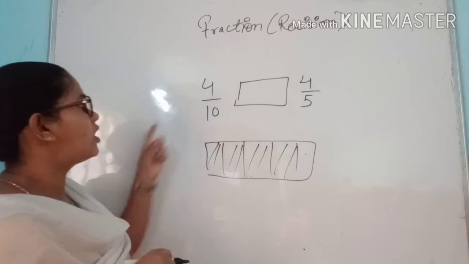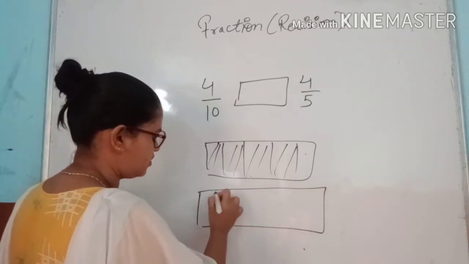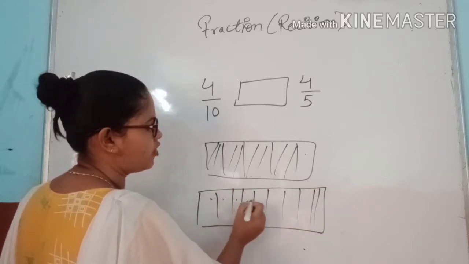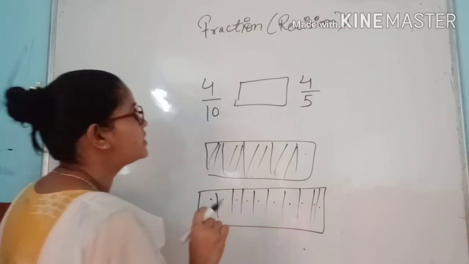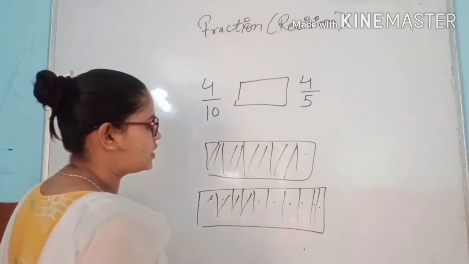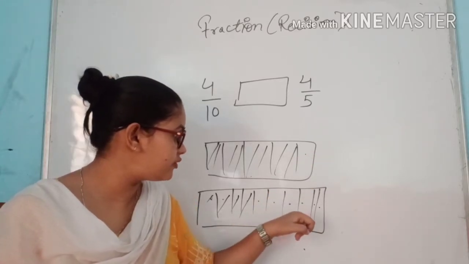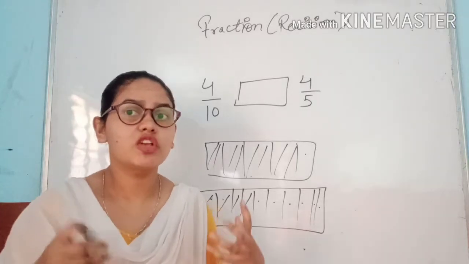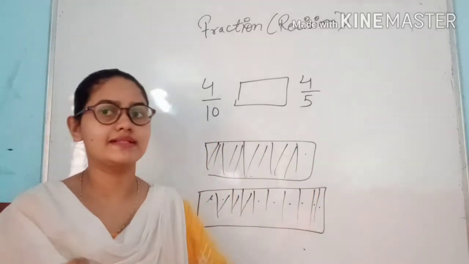1 is left. Now see this one, here is 10, which means we have 10 boxes, 1 2 3 4 5 6 7 8 9, and this one is 10. How many are filled up? 4 filled up, so 6 are left. We can see which number is greater: the one where only 1 is left.